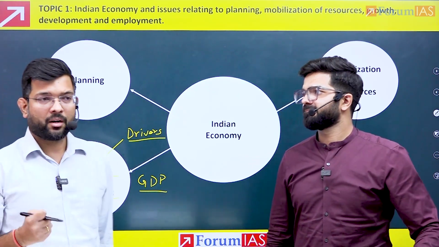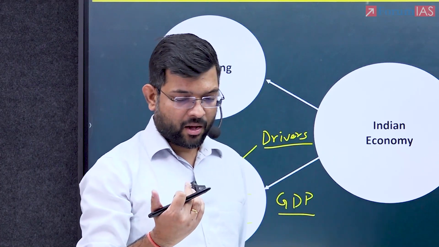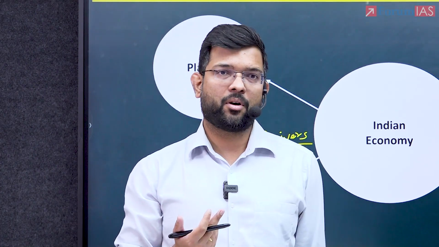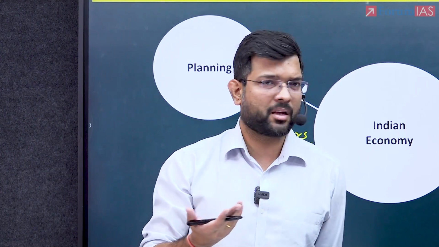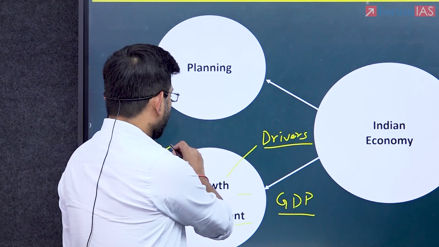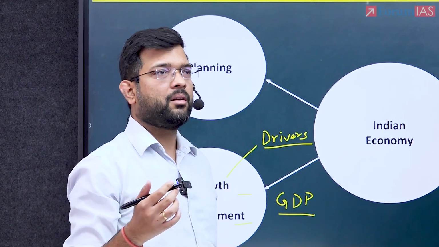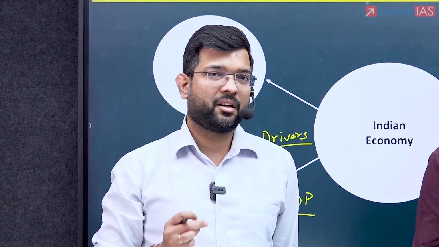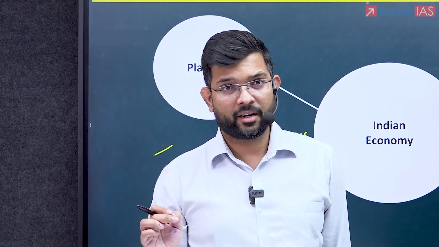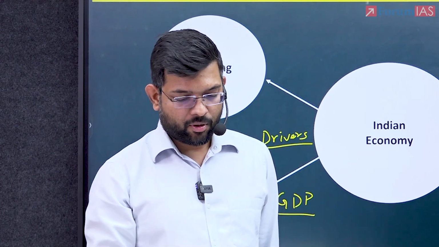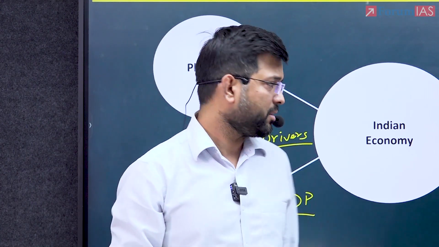And then you have various other factors, like what is the middle income trap, another keyword which is very important. It has been important for some years now. Then another important issue going on is the dichotomy between deflated growth indicators and inflated stock market indicators. So why is this dichotomy persisting in the economy? These are the questions you need to ask yourself in this topic and have your notes prepared accordingly.